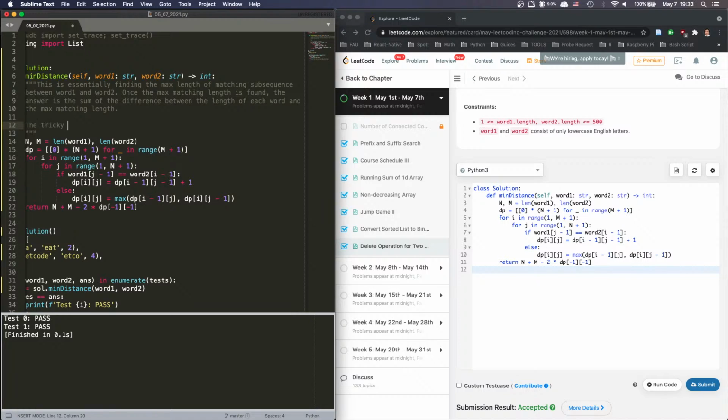The tricky part is to find the max matching length,